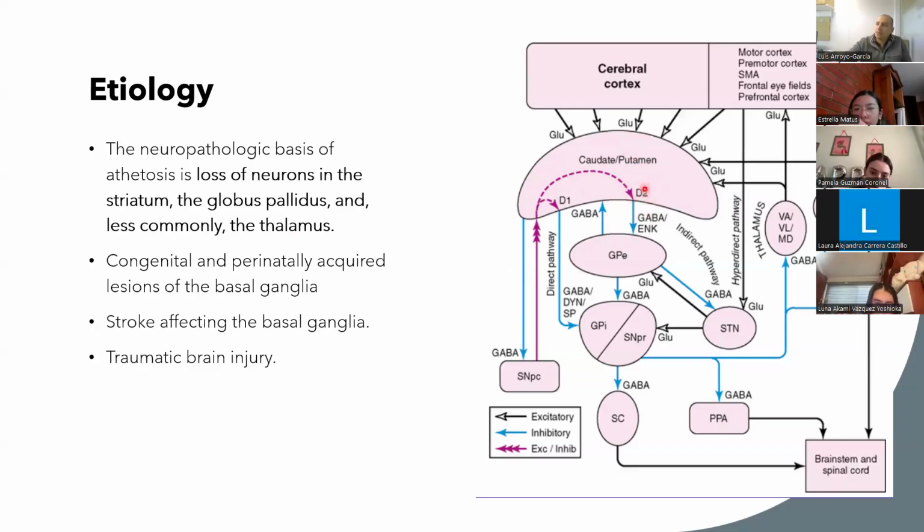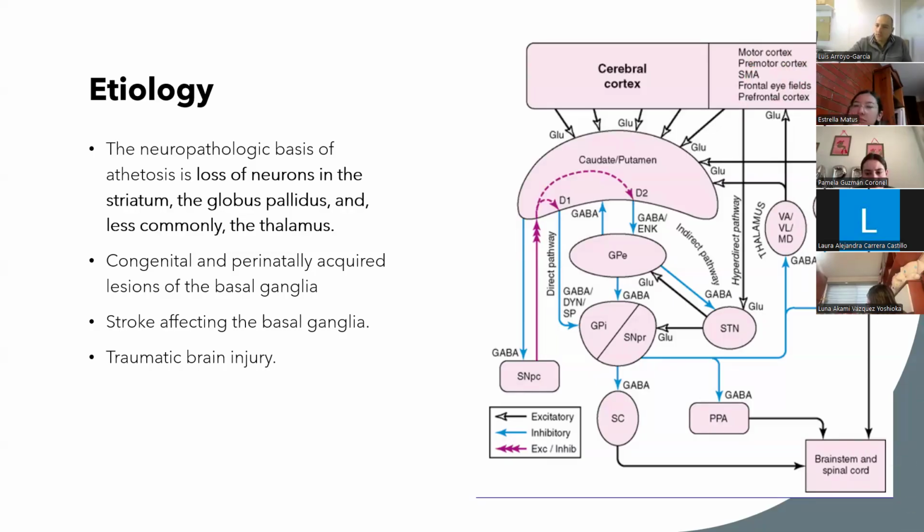The caudate putamen will, in this case, come to excite the globus pallidus externus and also the globus pallidus internus. Then we come to the thalamus, and then the thalamus will actually excite the motor cortex, and then we will start with the